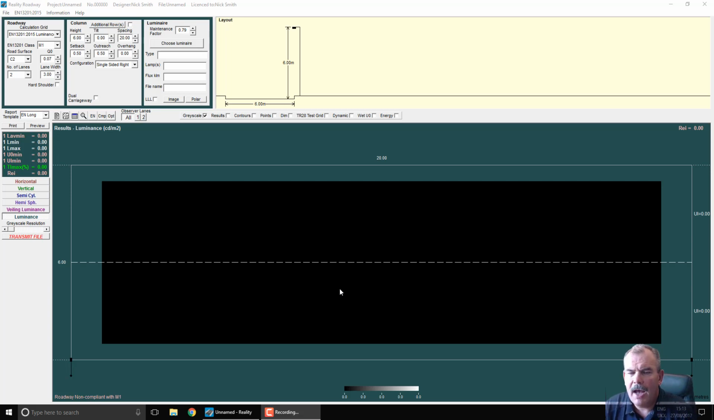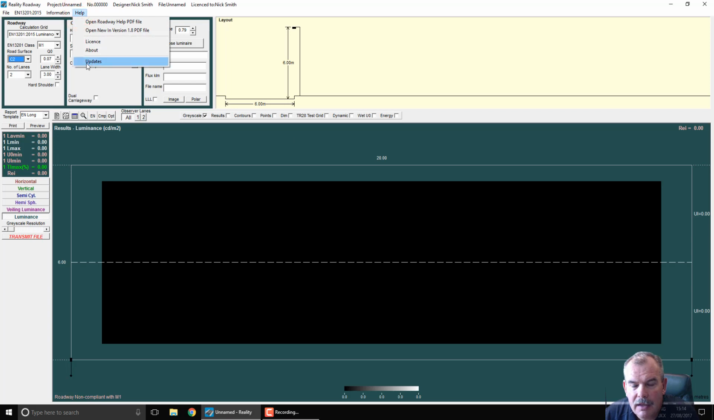We're going to take a look at the update facility in Lighting Reality. It's an area where we get a lot of questions on the technical help desk, so I'm just going to run through the process of how we do that and some of the problems you may run into. So if we go to the help menu and then updates,